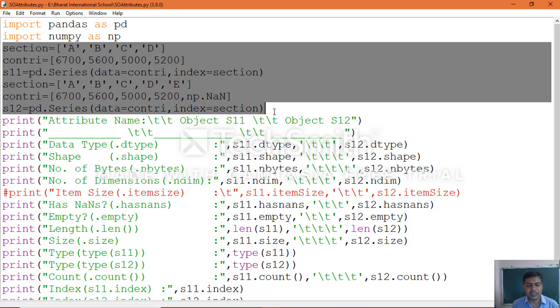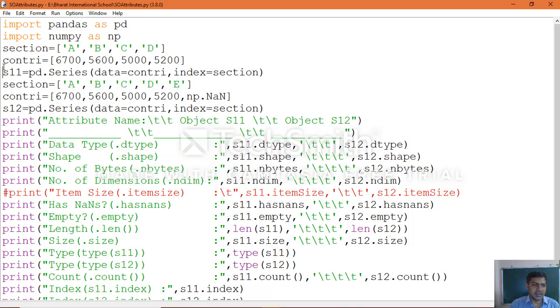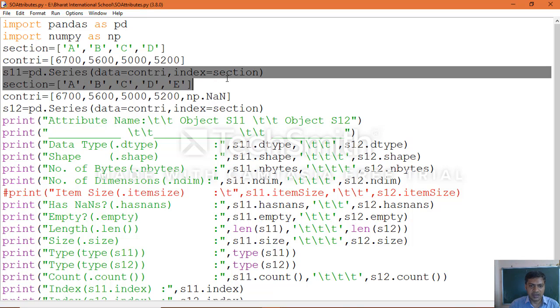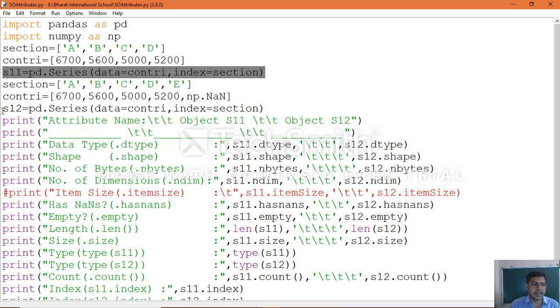The earlier examples which were specified, the same thing they put in the form of comments. While creating this application we must include this information, otherwise we will not get the output properly and it will show errors the moment we execute the application. If you write only the data below and save and execute, it will not be executed, because you must create the objects s11 and s12, then only you will be able to get the output.